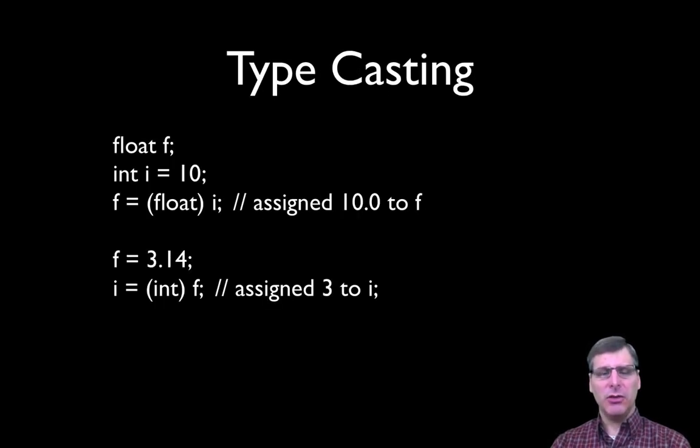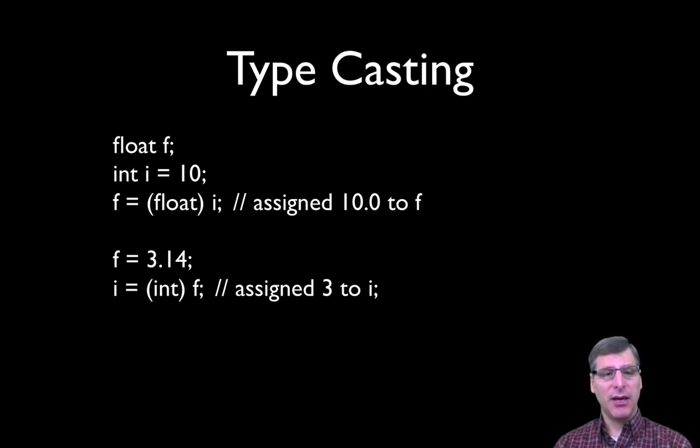Another thing we might do in C is what we call typecasting. Typecasting is when we as a programmer specifically tell C we want it to handle a particular variable as a particular type. So in my first example here, you'll see I've defined a float f and then an integer i, and I've assigned a 10 to the integer i. Then what I can do is promote that integer i to a floating point type by putting the word float in front of i on the right hand of the assignment statement. And that essentially assigns a 10.0 to f.